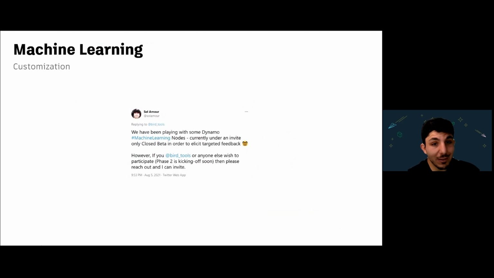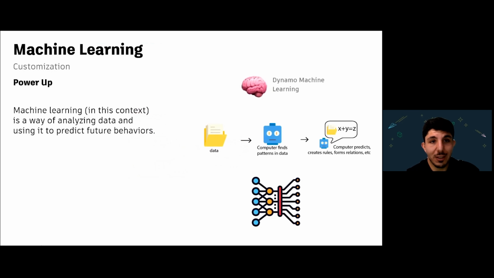And I think machine learning is definitely coming up next because Mr. Amor here from the Dynamo core team is looking into using machine learning nodes. That's right, in Dynamo. So that's it. I have the documentation and receipts right there in front of you to show what's happening. And I'm sure we're going to hear more about this in the coming weeks and months. And once you get into machine learning, it's an open door.